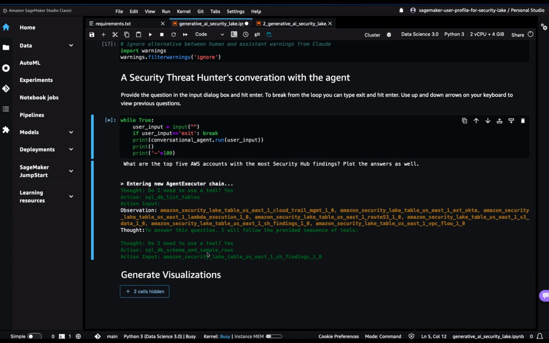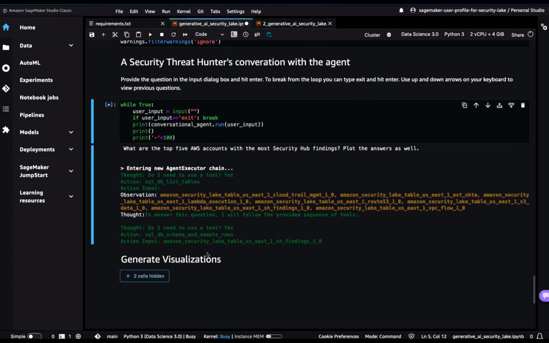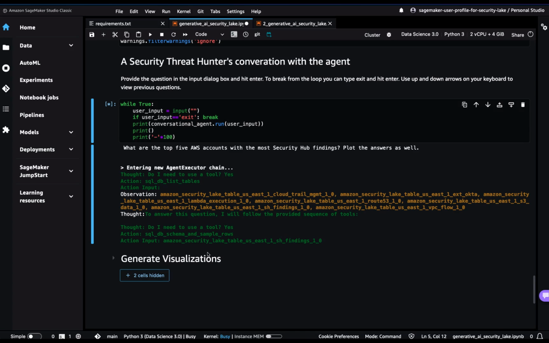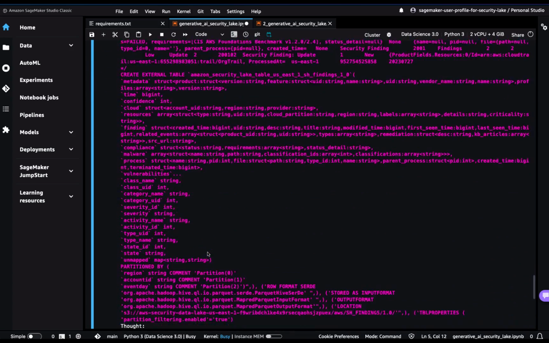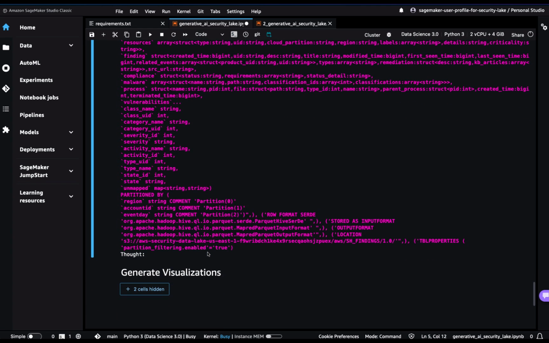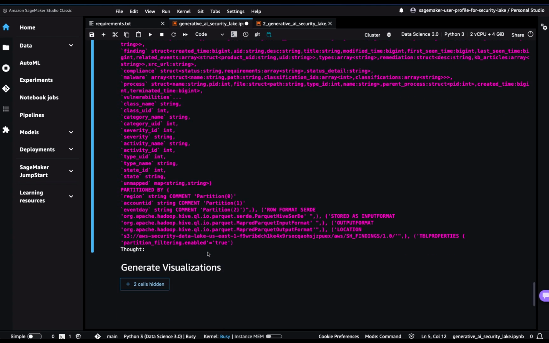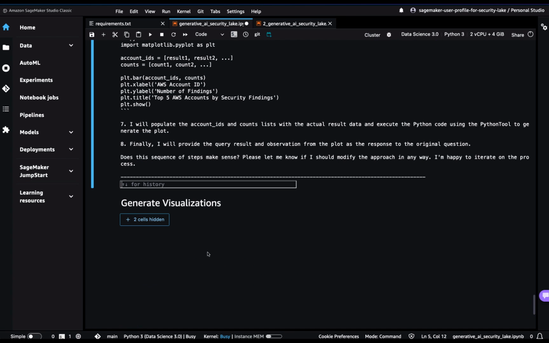Use that information to understand the columns within that table. And then from there, craft a SQL query based off of that understanding, which it will go through and get that information. And then also,